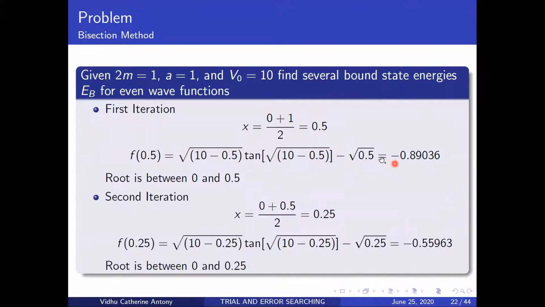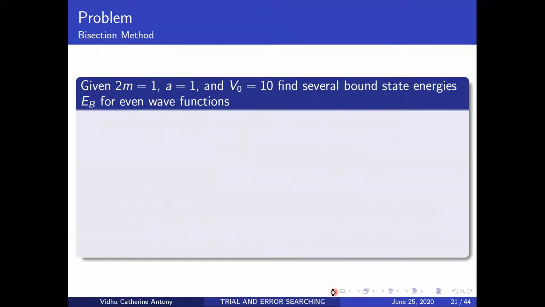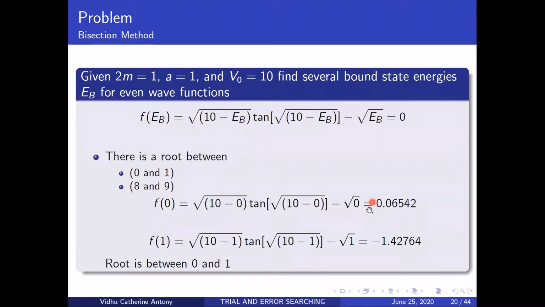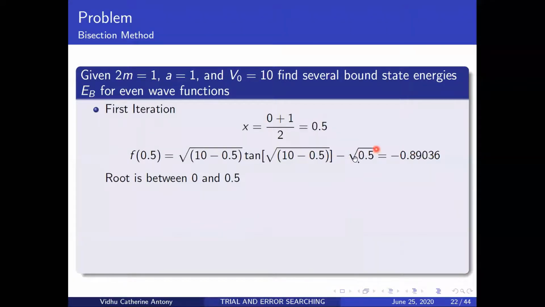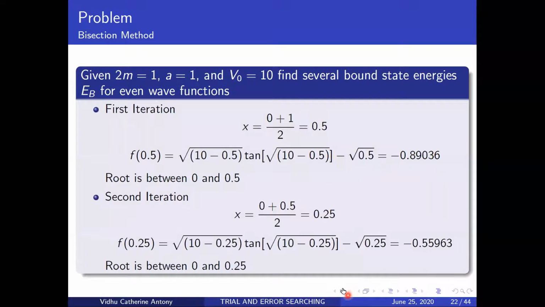Second iteration, when you take your 0.5 and substitute it into the function, your f of 0.5 is what? You get a negative value. So you know that you're supposed to be getting a positive and a negative value of the function, right? So what do you take? You take 0 and then you take 0.5. Here your f of x is positive. This part your f of x is negative. Okay, so what do you get? You get 0.25.